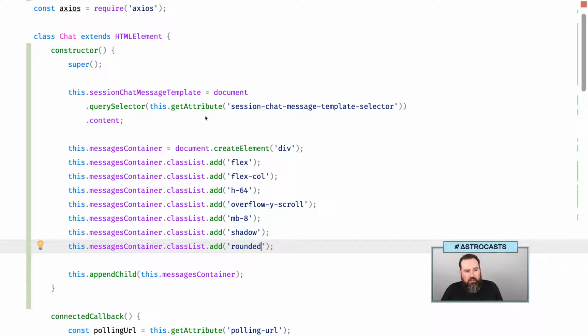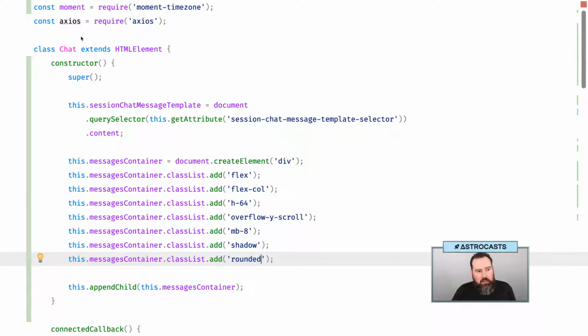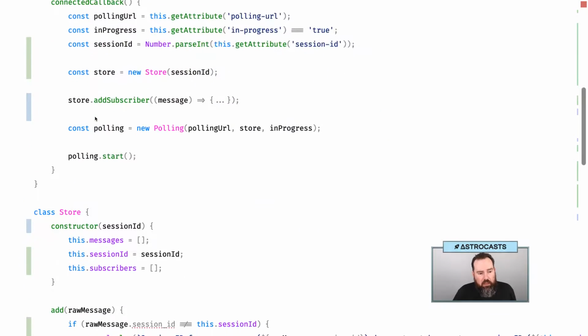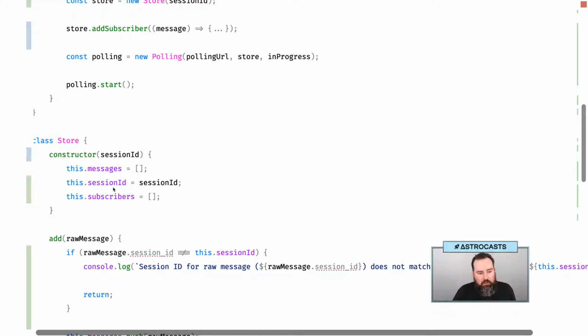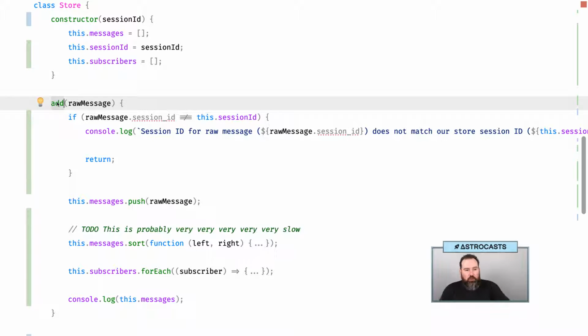So I don't actually want to be doing this. What we see here is we have a couple of classes. The chat interface itself, we have a store, and the store has the ability to add subscribers. We have the store connected to a specific session ID, and then the messages. Right now, we're looking to make sure that the message that we receive to the add function is actually for the correct session. So if it's not actually for the session we're looking at right now, we're just going to